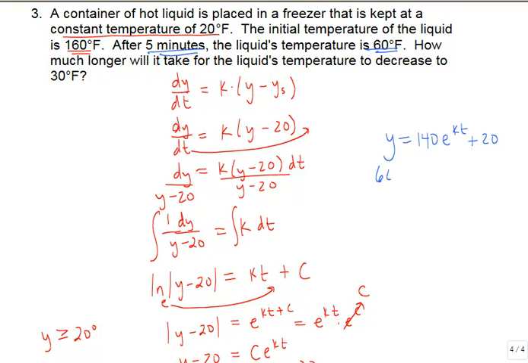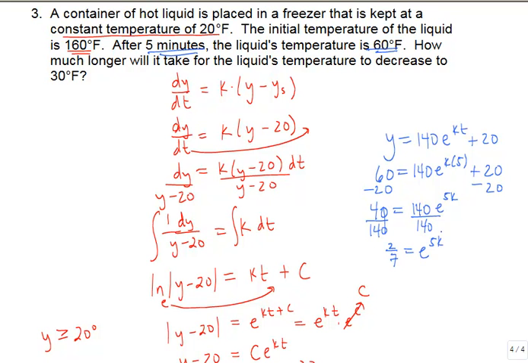So let's plug in 60 for y and 5 for t. And now we should be able to solve for that k. First things first, you need to isolate this e. Now this time we have a plus 20 on the side. You have to move that over first. So I'm going to subtract 20, which gives me 40. And then I want to further isolate this e by dividing by that 140 out front. Get rid of that coefficient. So a couple zeros are going to drop, and if I divide by 2, this becomes 2/7 e to the